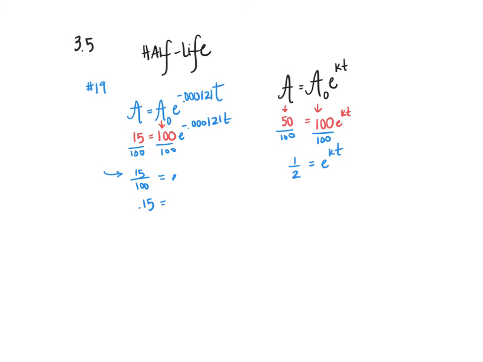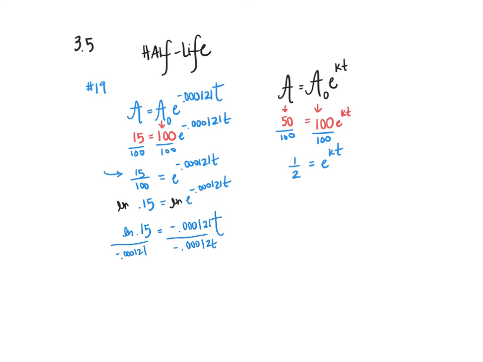So this is going to simplify. And now I can take the natural log of both sides, right? And so that's going to give me, let's see, I have the natural log of 0.15 equals, when I use my power rule, and then I would need to divide by negative